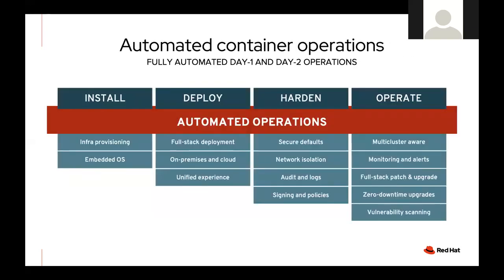Again, discussing automated operations in a bit more detail, it takes the full day one and day two operations in a fully automated way, from the installation, deployment, security hardening, and the day-to-day operations of the platform. It's now fully automated with Red Hat OpenShift. So again, this is about simplifying your day-to-day operations, making you gain more time to do more important things, to optimize how we manage our platform and focus on the real business issues that can really impact our business and deliver better value.